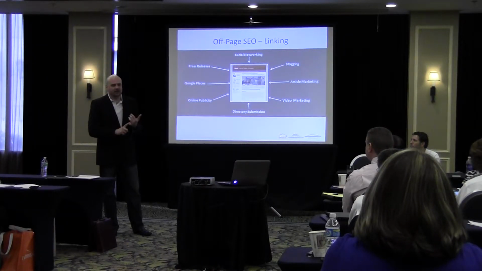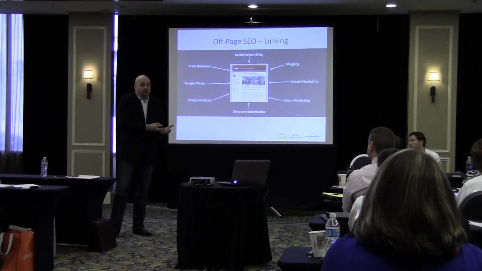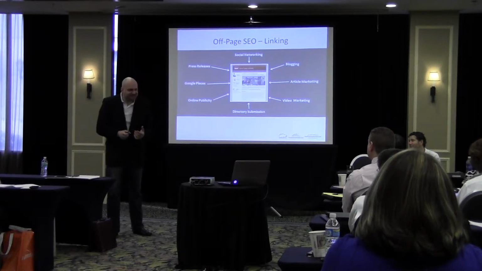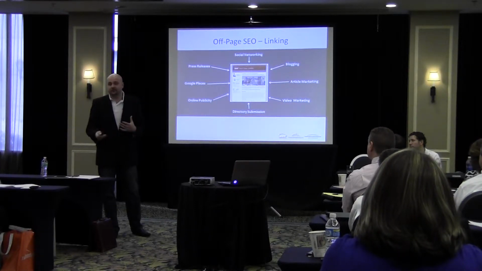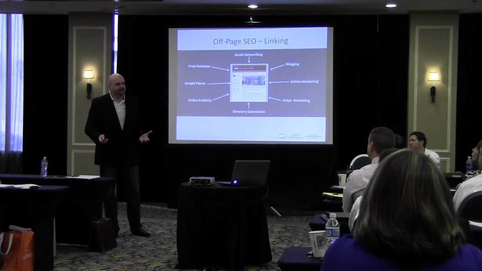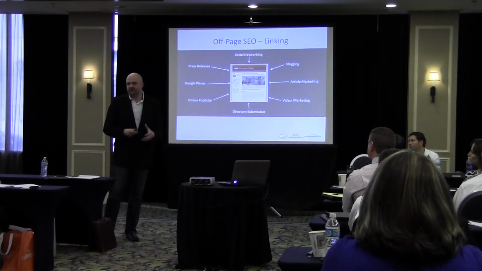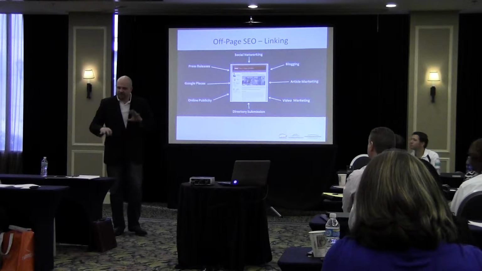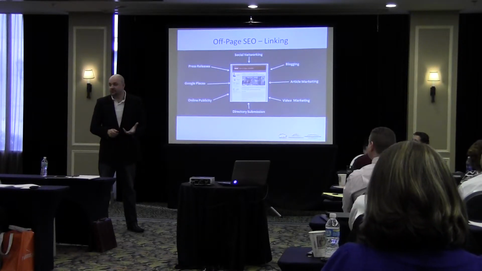Write awesome content for each of your areas. You can go home and cut and paste, find and replace Orlando with Winter Haven or Winter Park. You can do that, and you're probably not going to get in trouble, but it's just not ideal. Remember, you have to start off by talking to the human beings, and then you have to take that content and make it machine readable. But the first thing you have to do is make sure that if a human reads it,